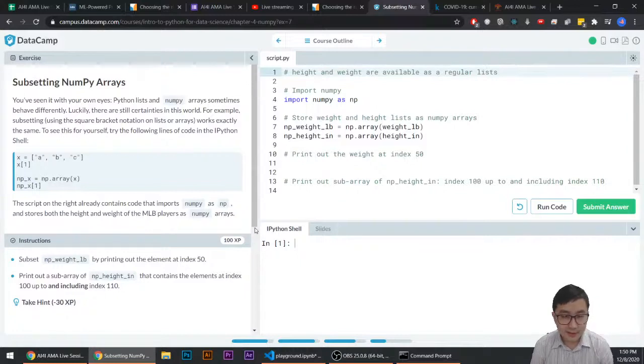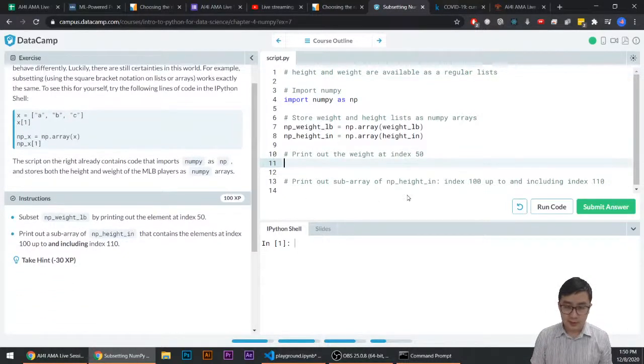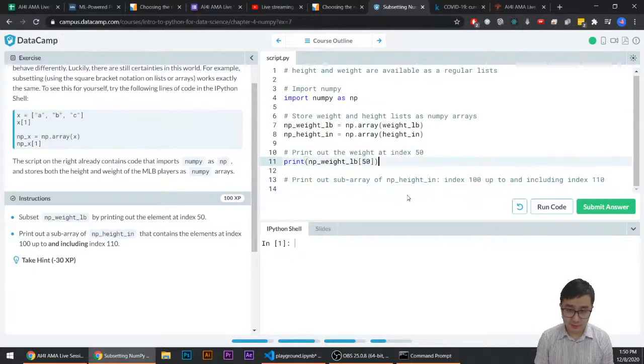Okay, subsetting NumPy arrays is pretty much the same as lists. So let's do this. Print out the weight at index 50. Index 50, so you just do 50 with the square brackets. And then print out the subarray of np_height,